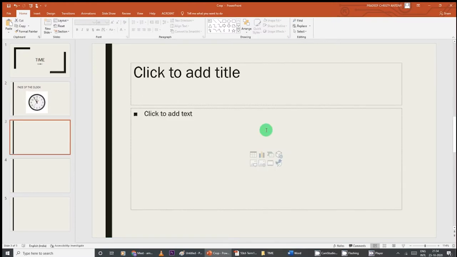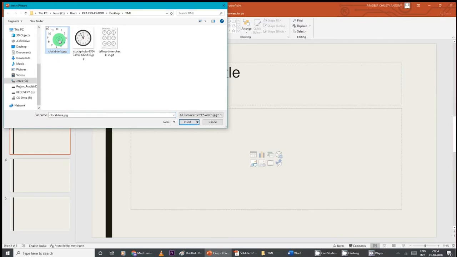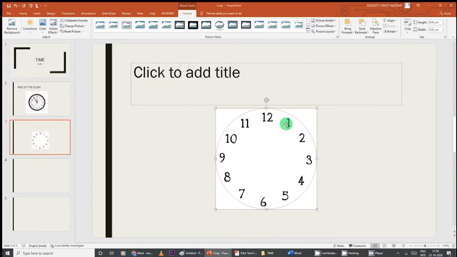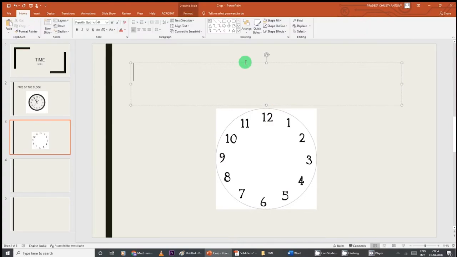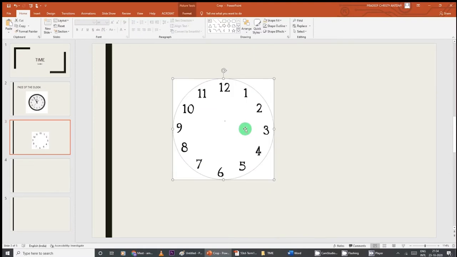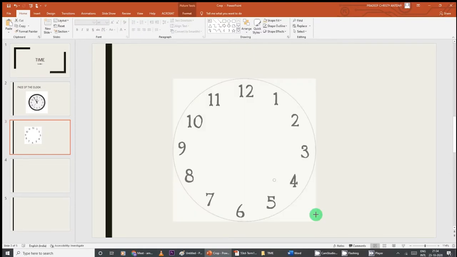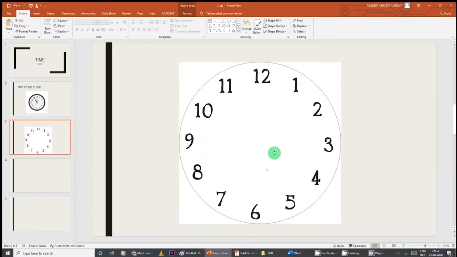The second slide, I want to take the picture of an empty clock without the hands. So I want to teach them. Again I go to online picture. I will take this. I give insert. So there's no title. If I don't want any title, I can just go to this text box. I can press delete. I just need only the clock. Okay, so drag it, make it a little big.